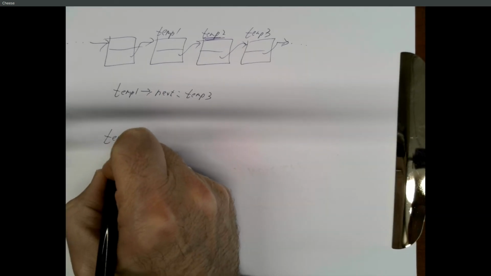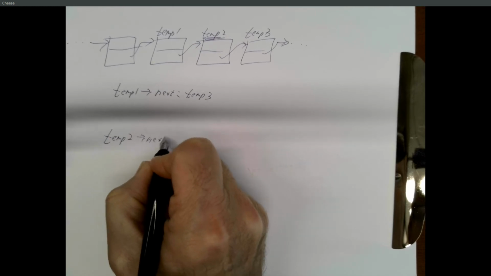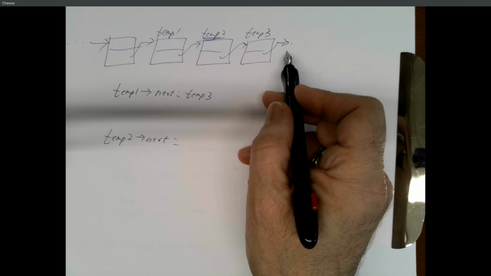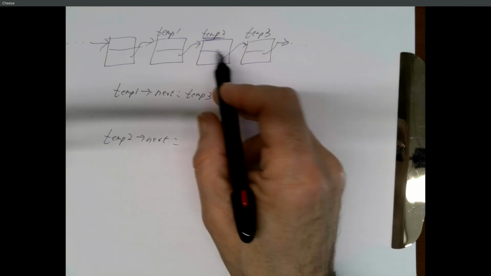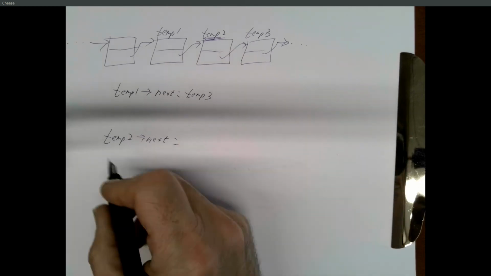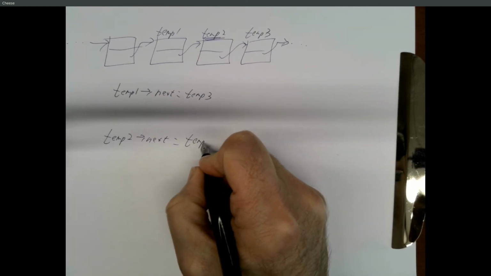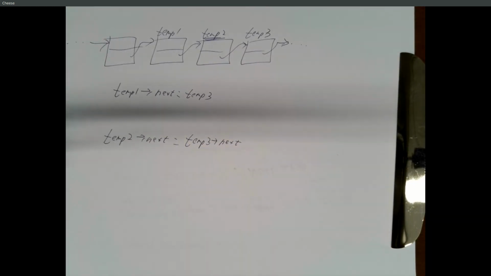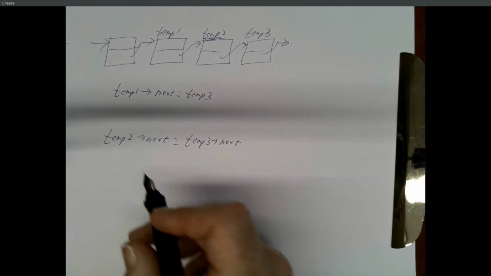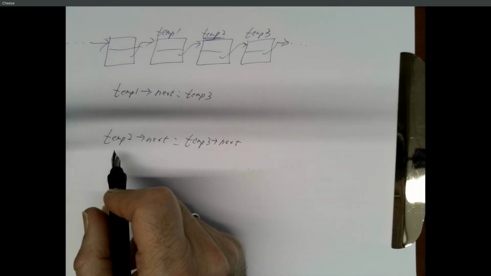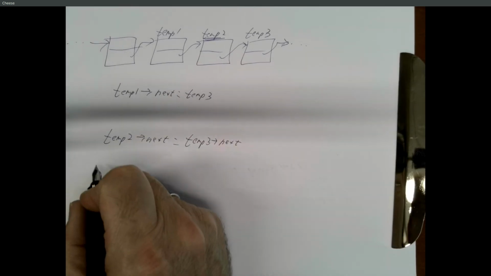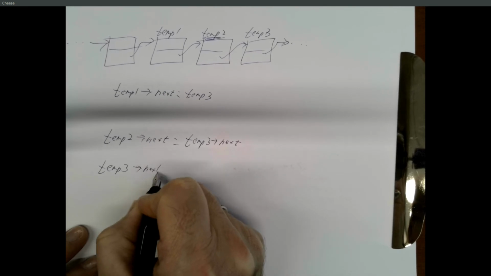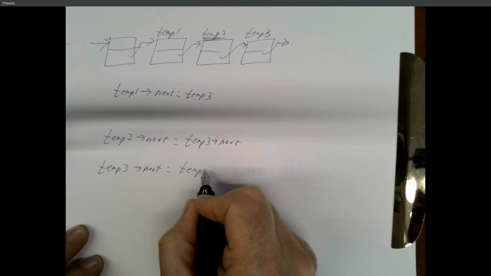Let's just move down sequentially. Temp2 next should be what? Temp2 should point to the thing after temp3, because temp2 is going to go right here where temp3 is. So temp2 next should be temp3 next. And temp3 should point to temp2, so I need to change temp3 next. Well, if I do that up here, then this statement I just wrote isn't going to work. So let's do it after we set temp2. Let's set temp3 next equal to temp2.